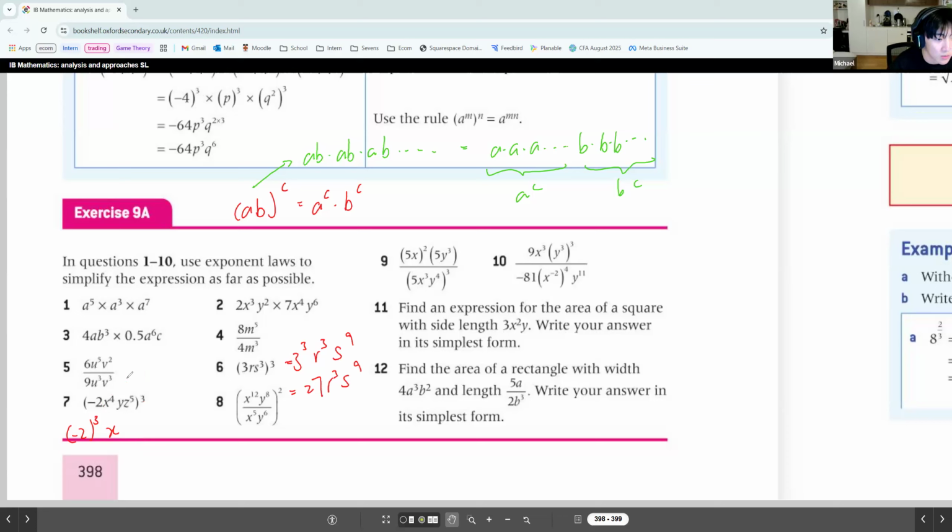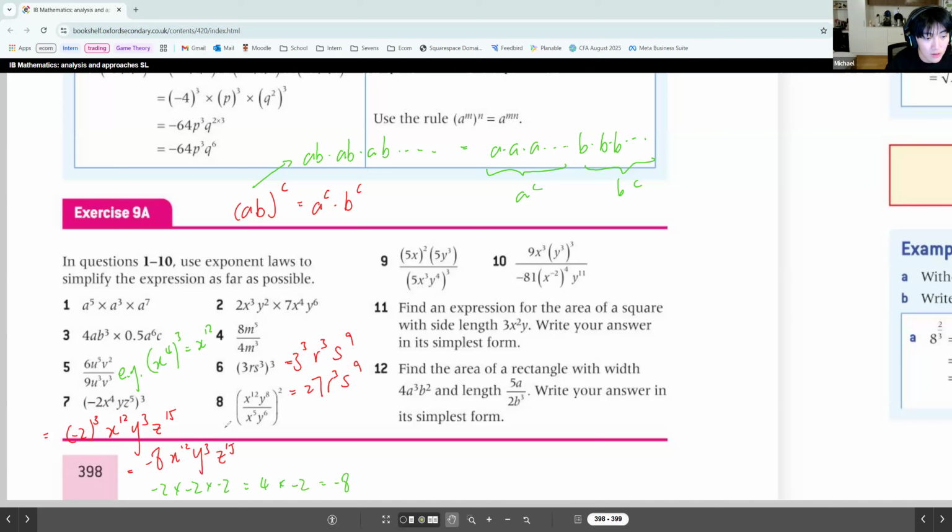we haven't introduced this as well, but I believe that's pretty intuitive. If we have x to the power 4 to the power of 3, this is x to the power of 12. We multiply the powers. So in this case, when we bring the 3 in, this is multiply. And -2 to the power of 3, if you think about it, -2 times -2 times -2. The first two gives you +4. But +4 times -2, this is -8. So you get -8x^12